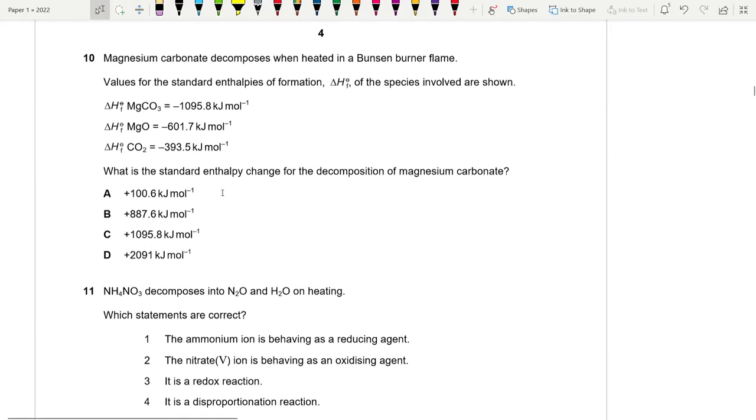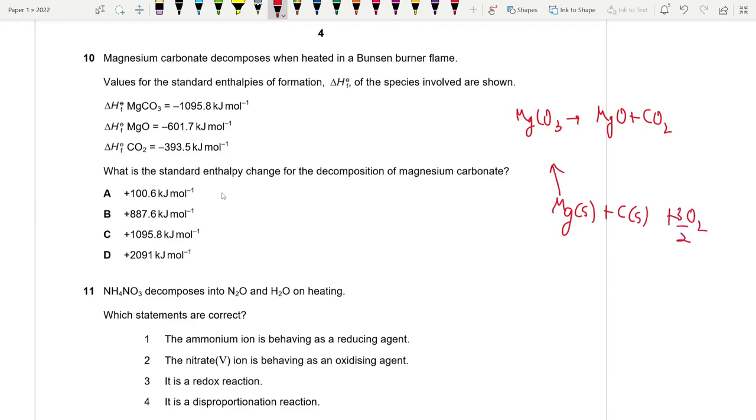10. Magnesium carbonate decomposes when heated in a Bunsen burner flame. Values for the standard enthalpies of formation of the species involved are shown. Formation of magnesium carbonate is this. Okay. Decomposition of magnesium carbonate. So MgCO3 is broken down to form MgO plus CO2. So for formation, remember the arrows will go upwards, and we need the elements at the bottom. Okay,